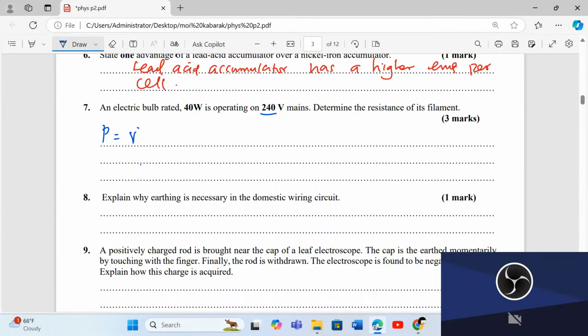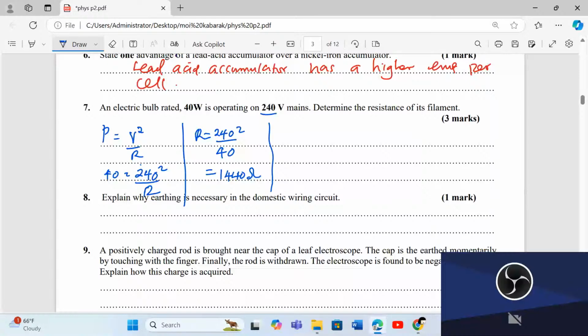You can go for the formula of V squared over R. Then our 40 will be the same as 240 squared over R. Therefore, our R is the same as 240 squared divided by 40. And in this case, we'll arrive at 1440. The other method, the first one that I had given out, is a bit long, but I can still